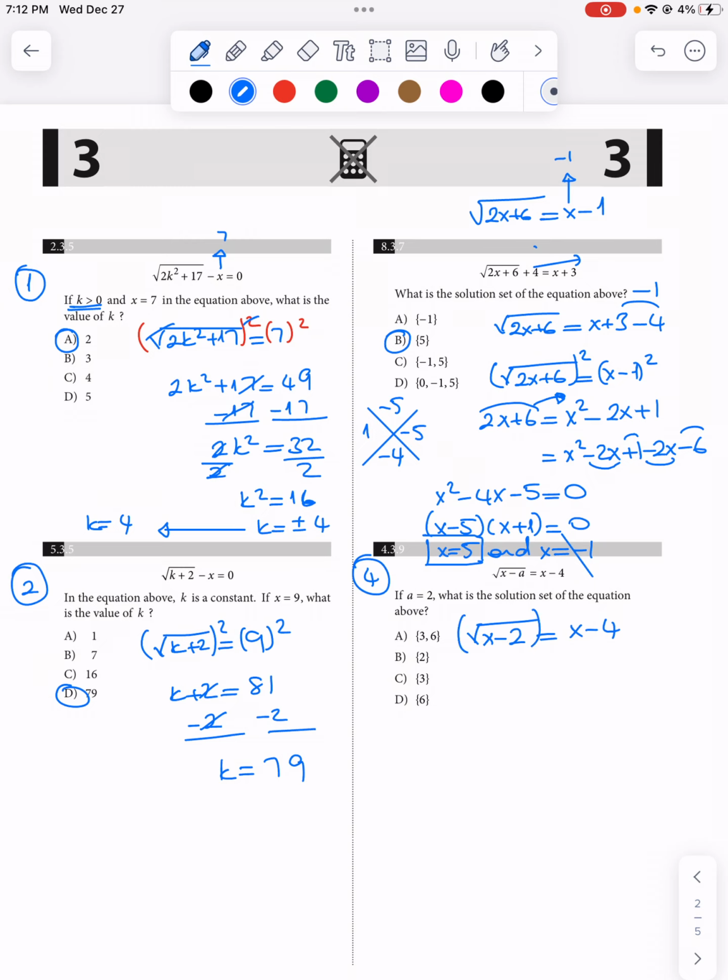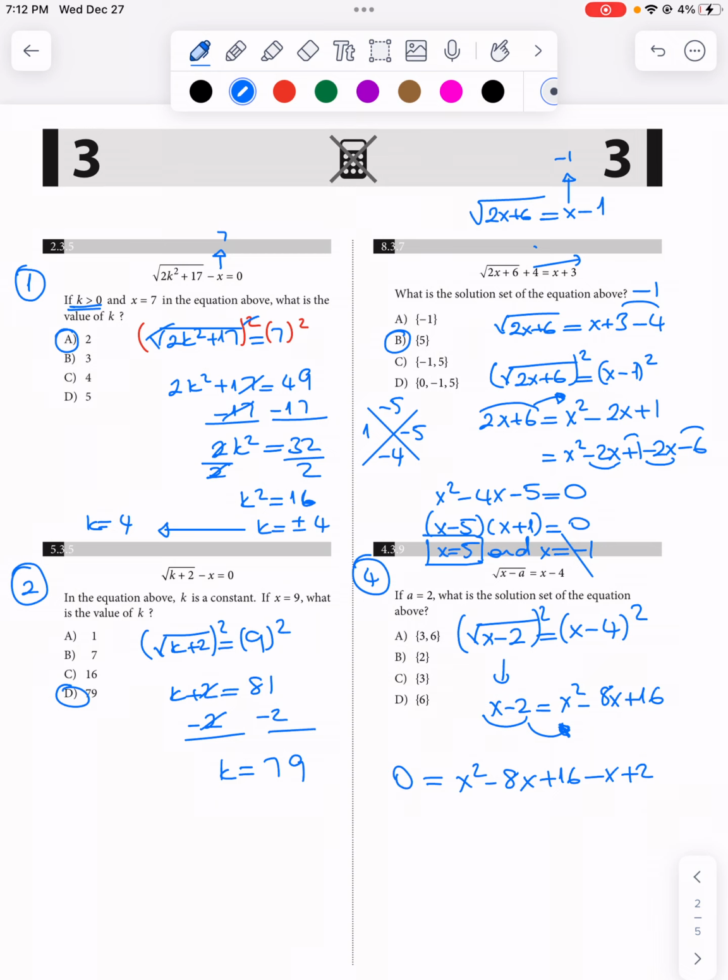Once you take the square of both sides, we have to remove the radical sign. So it'll be x minus 2 is equal to the square of the first term, x squared, minus 2 times first term times second term, which makes 8x, and then the square of the second number. I'll combine these two terms on the right-hand side. So x becomes negative x, and the negative 2 becomes positive 2. So x squared minus 8x